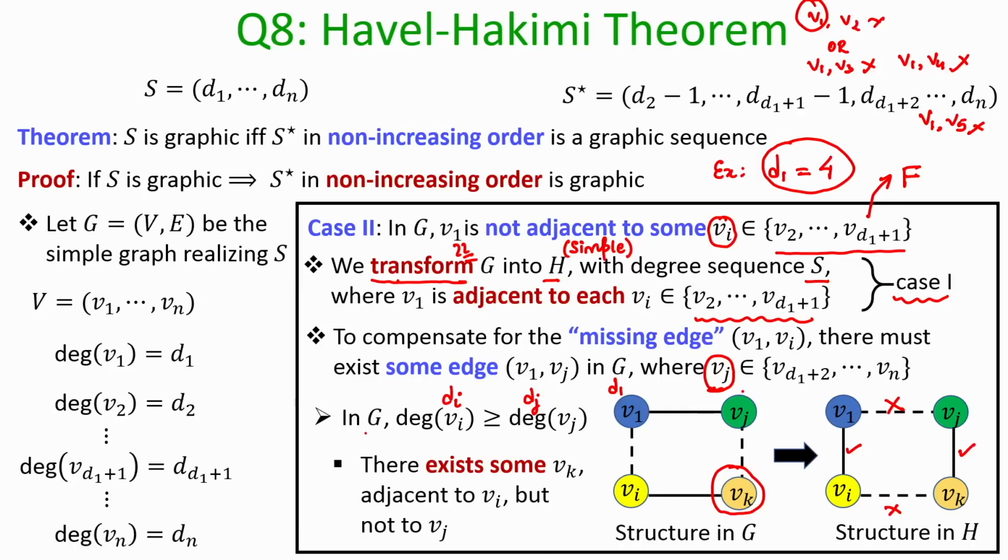And in this whole process I am not disturbing the property that my graph G or the transformed graph H is a simple graph. So, my transformed graph H still remains a simple graph, but by doing this transformation what I have done is the following: earlier this vertex Vi was not immediately a neighbor of V1, but now in my transformed graph Vi is a neighbor of V1.